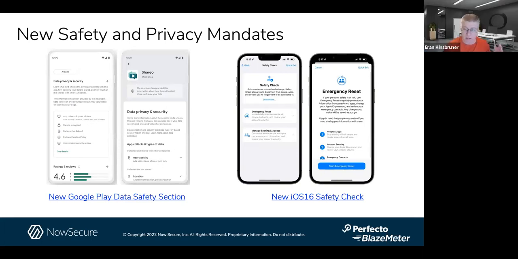Sure. So a lot of things are happening. As we know, we are just, I'd say, a week since Apple launched their iOS 16 with the new iPhones, and they actually implemented a new safety check in iOS 16. And if you look at what Google has been doing over the past few months with their new safety or privacy policy, I think that we are starting to see a few trends that are impacting the entire digital landscape, the digital apps. We are looking at privacy, security, and safety becoming top of mind for application providers, Google, Apple, Microsoft.